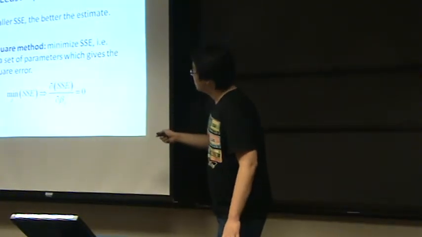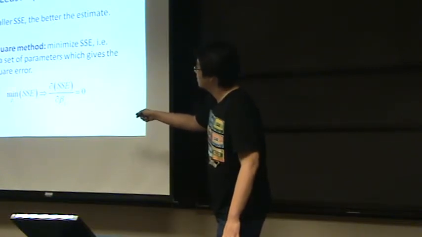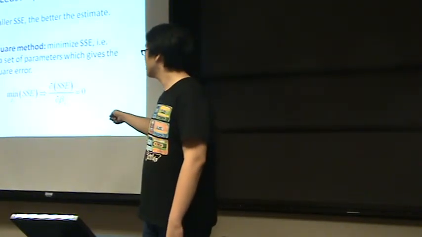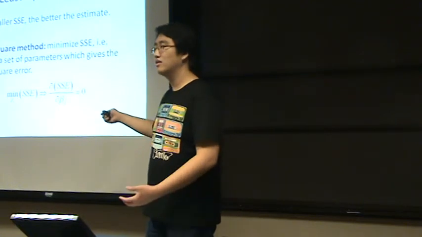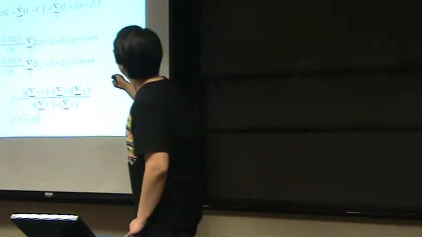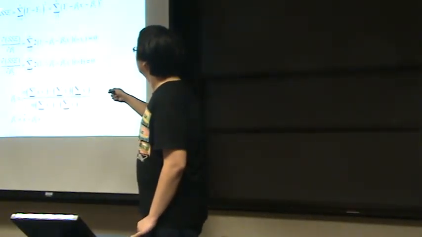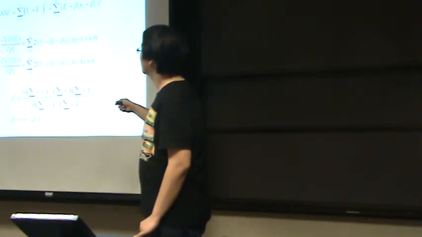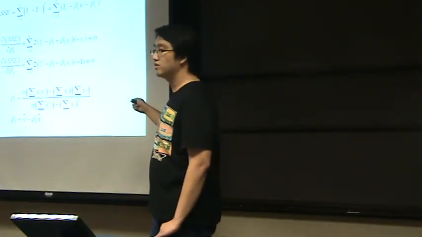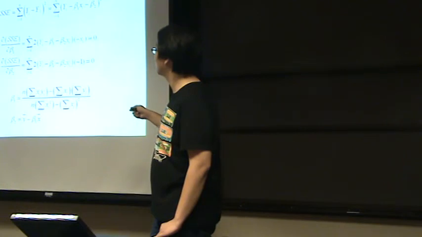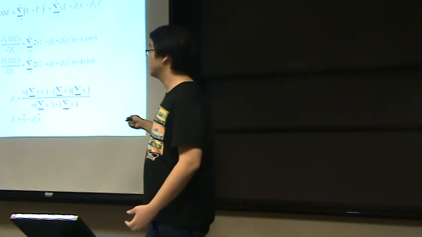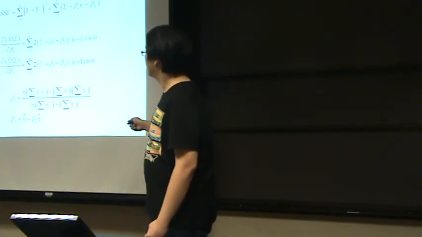So the minimum of SSE, we choose a set of data to give the least square error, which means the derivative with respect to the parameters is 0. Right? So this is from our knowledge of calculus. So for example, this is our model, and this is SSE, and we need to do the derivative with respect to the parameters. I need the derivatives to be 0. Okay, so we have two unknown parameters here, and we have two equations. So we can solve it, right? So after some rearrangement, we got this